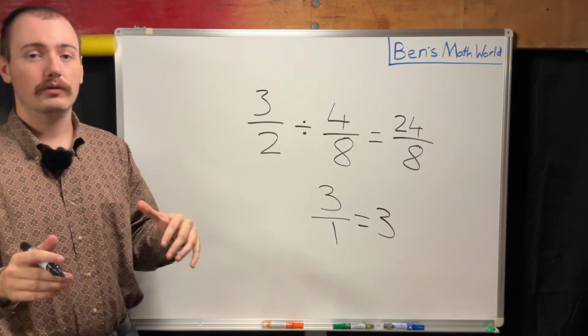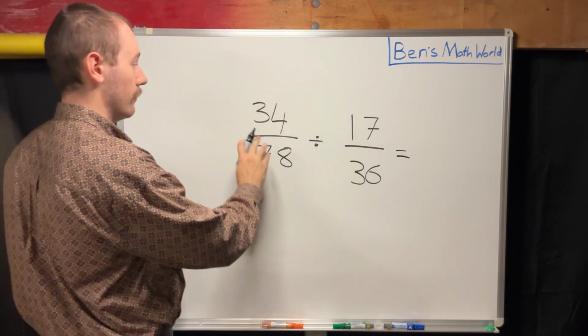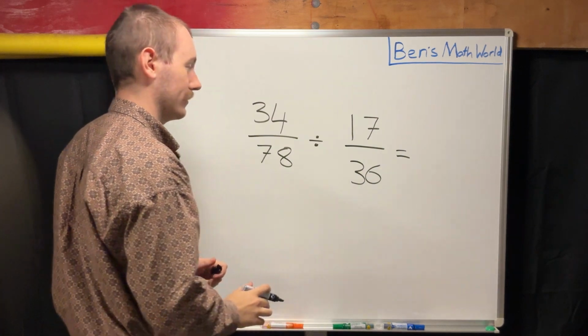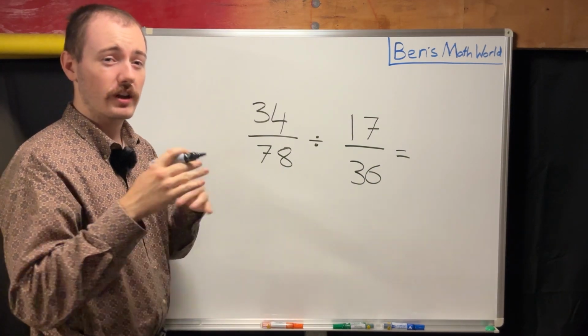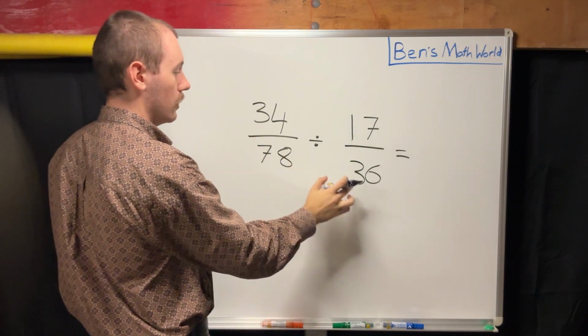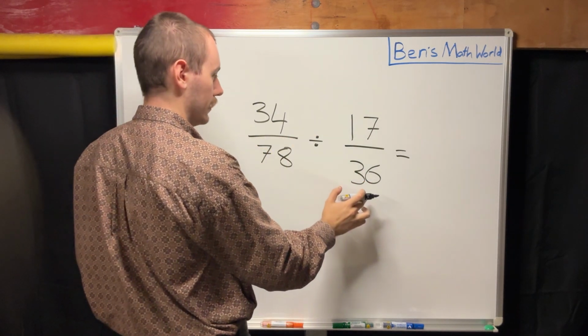Now let's go over our last question. This one's going to be a little bit more tricky. Here we have it, our last question, 34 over 78 divided by 17 over 36. Now this is going to be super easy because we're just going to follow our steps, okay? So top of our first fraction times by the bottom of our second fraction, 34 by 36. That's going to be